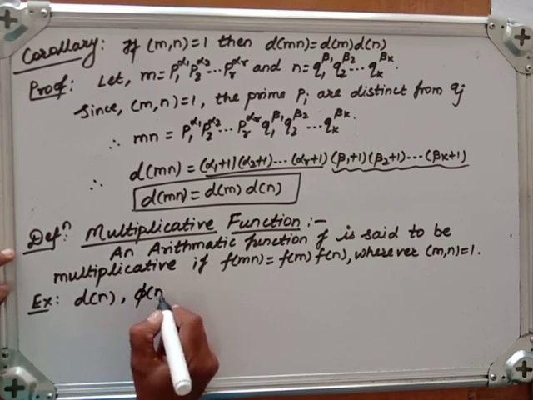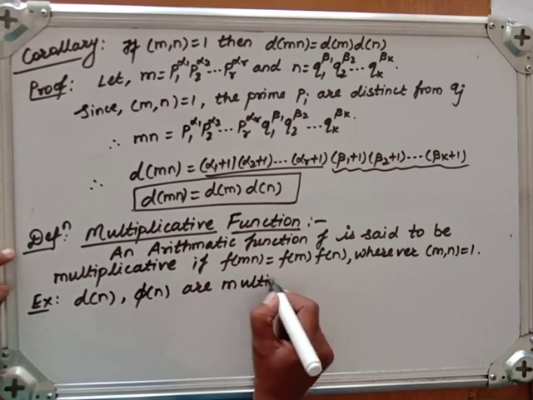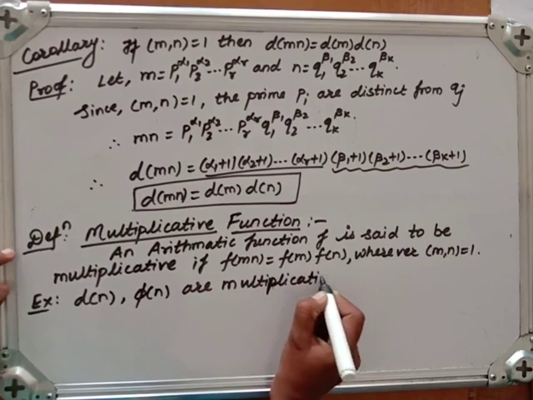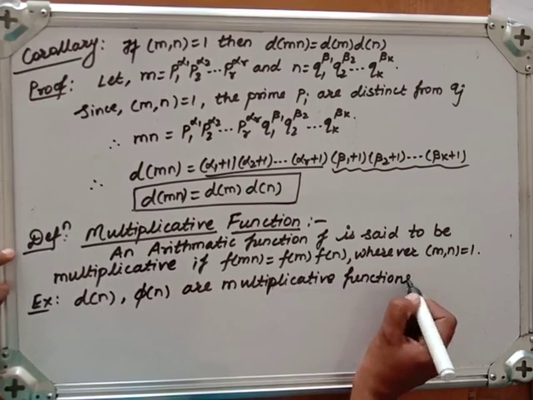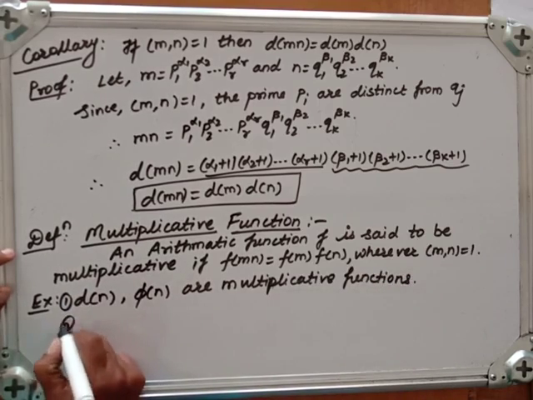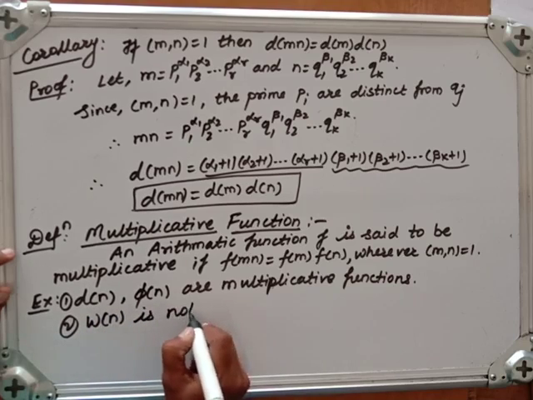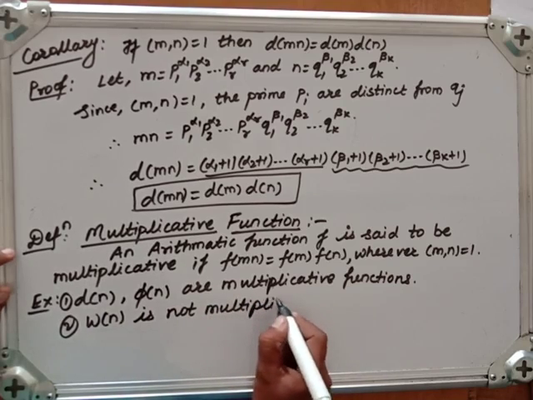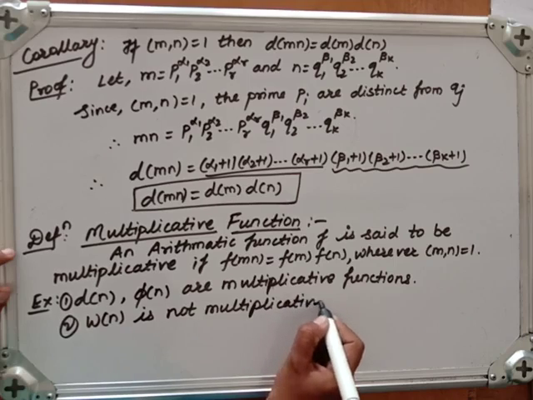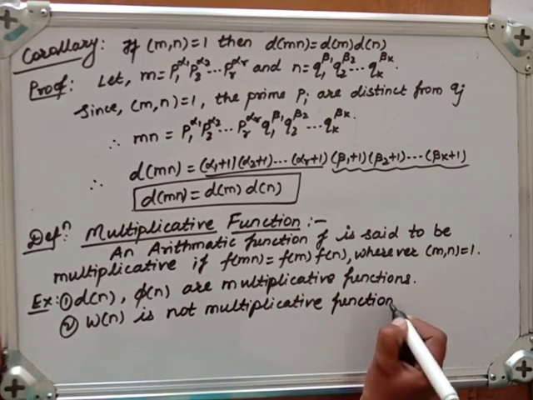Also phi of n are multiplicative functions, but this omega n is not a multiplicative function, because